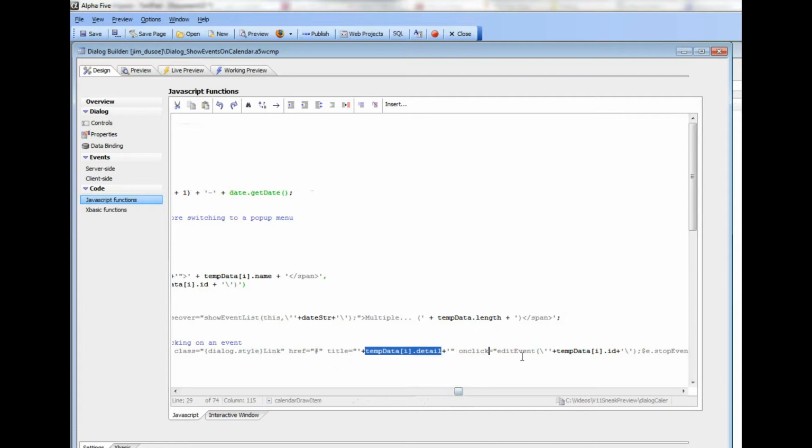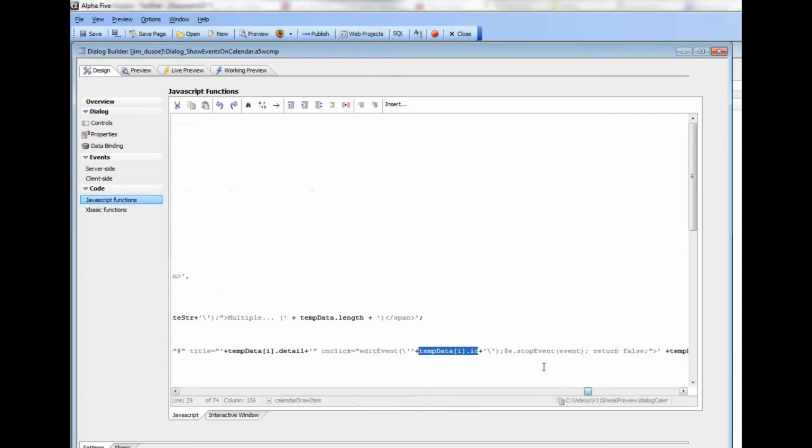hyperlink to this JavaScript function called edit event, and then we pass in the ID of the event that we'd like to edit, and then we call the e.stop event JavaScript function to stop the event bubbling up to higher levels because we don't want anyone else to be handling this event. And then finally we say return false, and then here we have the actual hyperlink text, which is the name of the customer who placed the order, and then we have the close